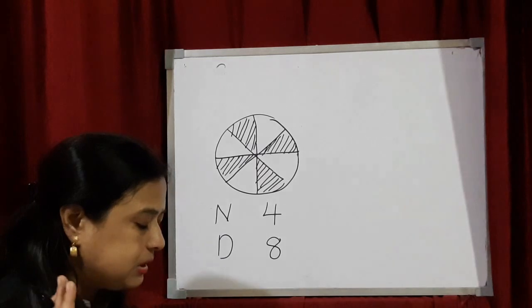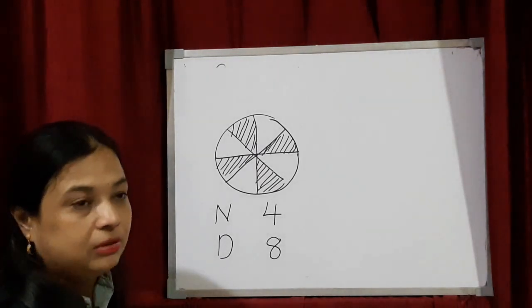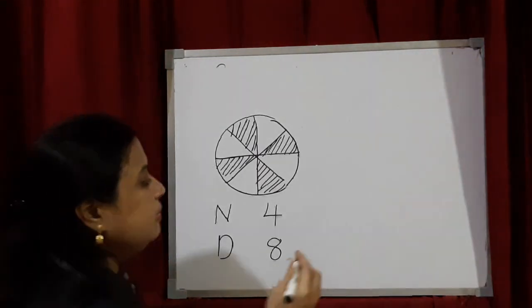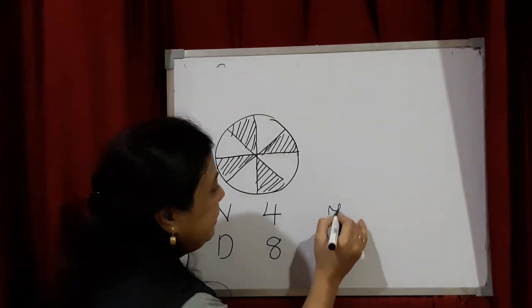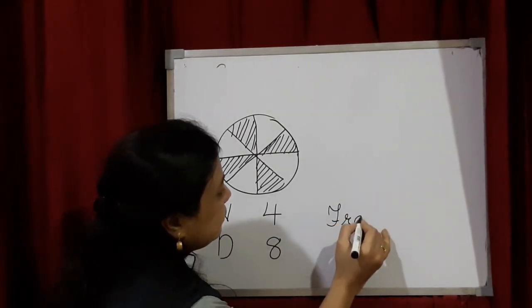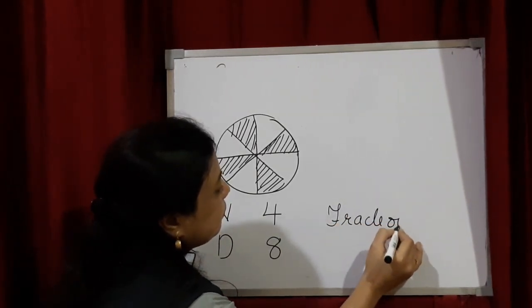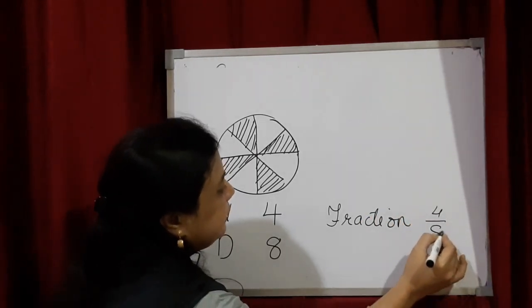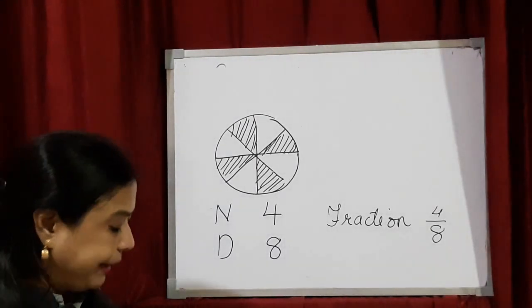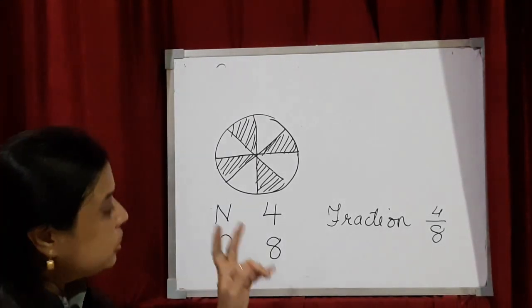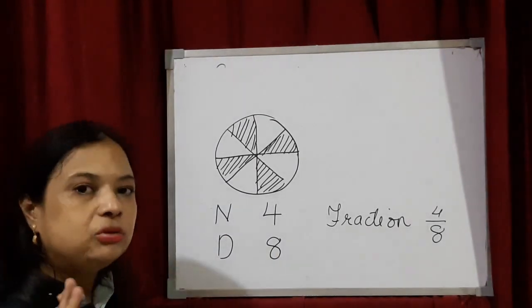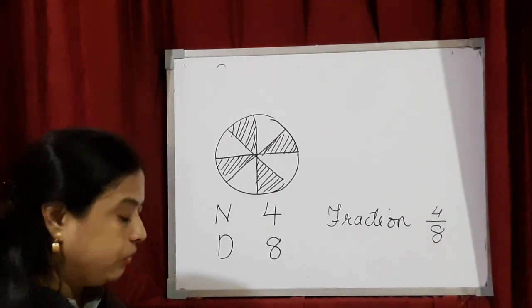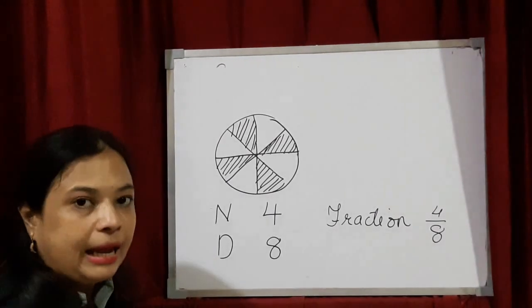Okay, and then what is the third column? That is fraction. So what will be the fraction over here? The fraction will be 4 upon 8. That you have to write down in the figure only. You don't need to write it in words. Okay, so this we are going to complete. The other two figures are also given, that you are going to complete in your Canopy book only.